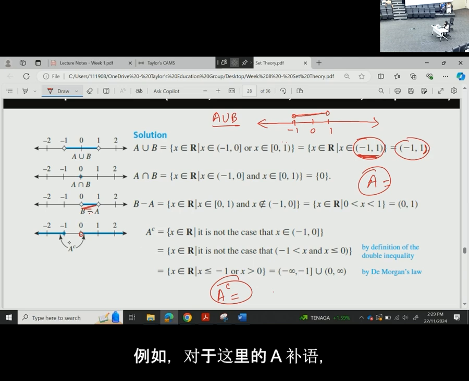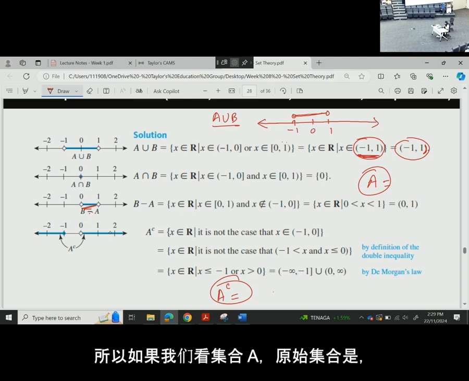So for example, for A complement here, because the domain is the set of real numbers, it means that all sorts of numbers, fractions and everything, are included. So it's easier to show on a number line. You cannot show the individual elements in your simple set form. So it's easier to show on a number line. Just check what elements you have to exclude from the complement, and show the range in the form of your